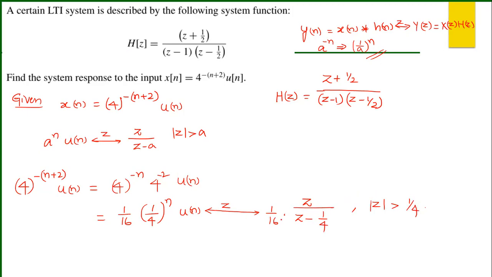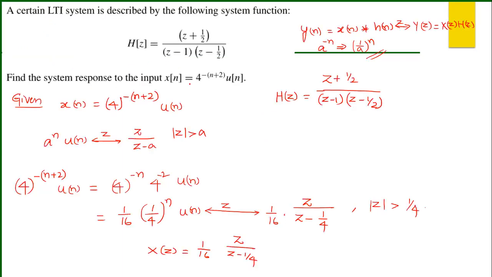Okay. Now what is this one? X of z. So you have X of z is equal to 1 by 16 into z by z minus 1 by 4. You have X of z, you have H of z. So what you need to do? First you need to find what is Y of z. Y of z is equal to X of z into H of z. What is X of z? Just now we derived 1 by 16 z divided by z minus 1 by 4